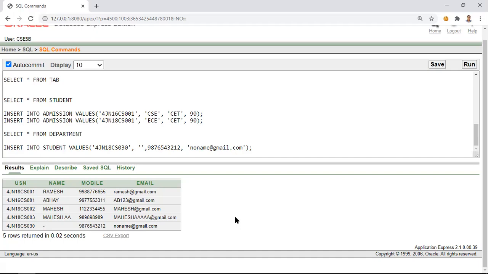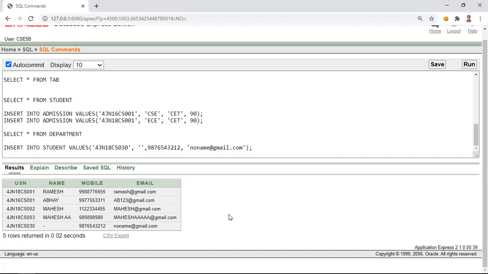So we cannot have a student without name. So what we have to do? For that purpose, we need some modification in the creation table so that this name field cannot be blank like this.